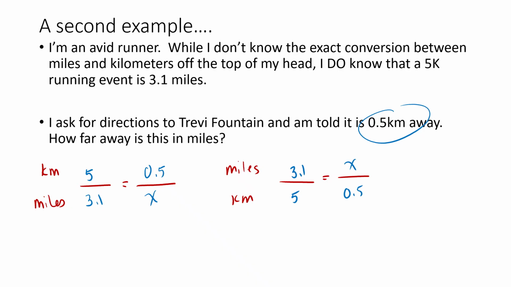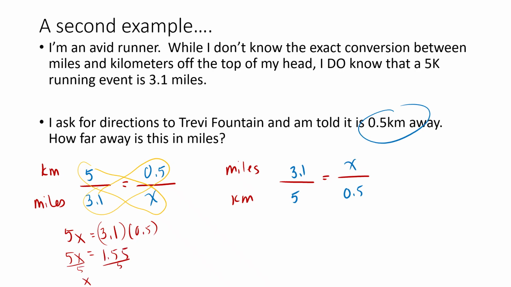So I do my cross multiplication because that's how proportions work. So 5x is equal to 3.1 times 0.5. 5x is equal to 1.55, and then we divide by 5 and we get